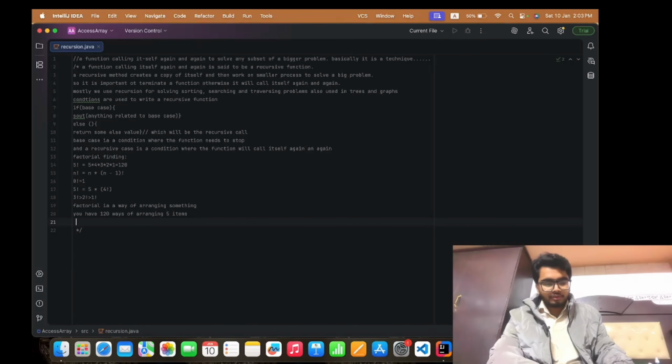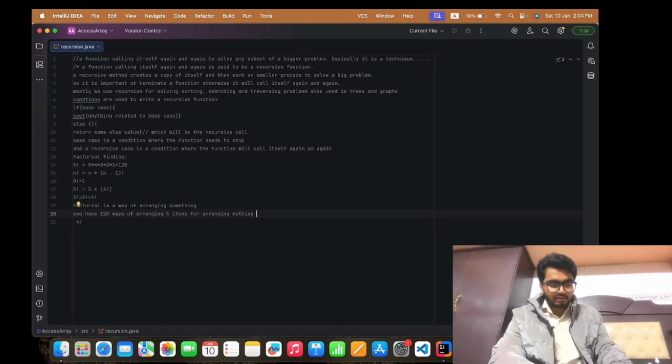So according to this concept, for arranging nothing, or 0 items, you will have only one way, which is to do nothing.